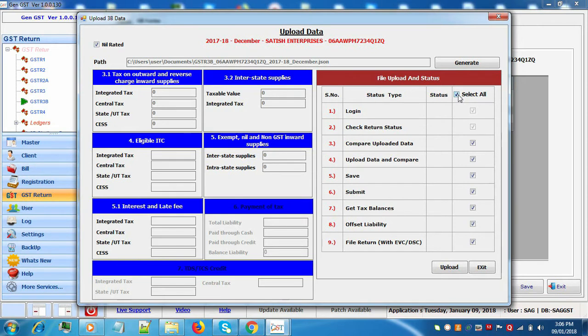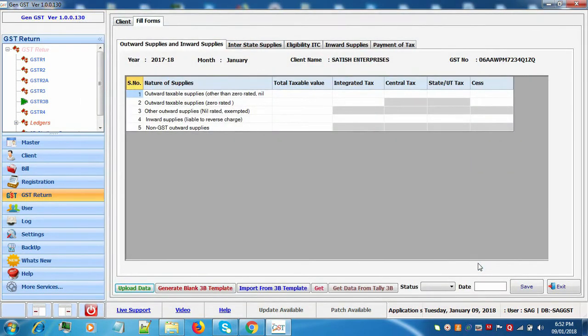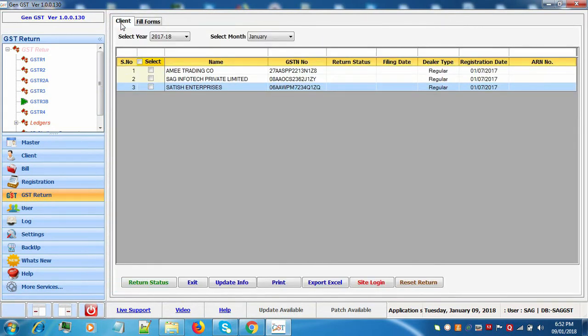In our software, we have the facility of filing the return with EVC and DSC. After selecting the details, you have to click on Upload. After that, the file will be uploaded on GSTN portal. You can upload and file GSTR 3B nil rated return with the help of our software. Now click on Exit. Now I'll show you how to do the filing for GSTR 3B return for regular client